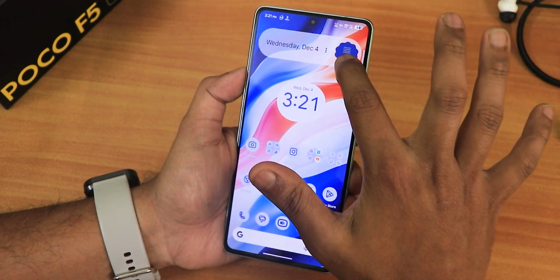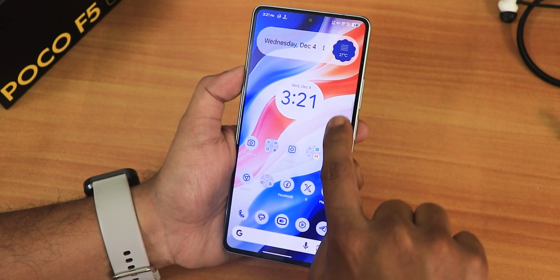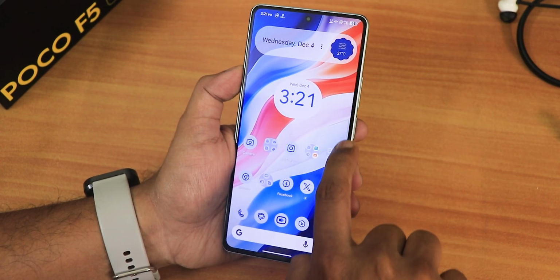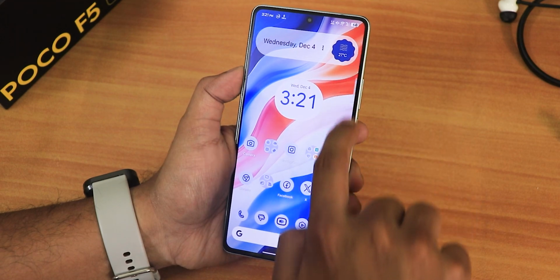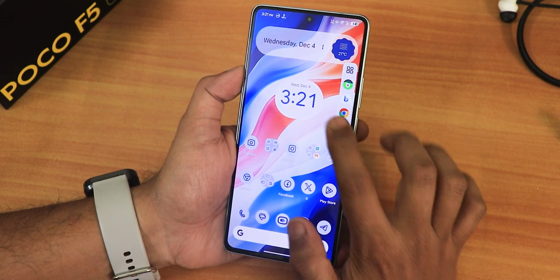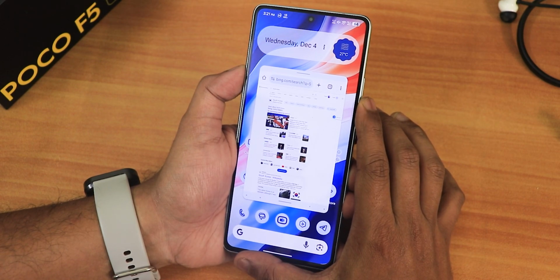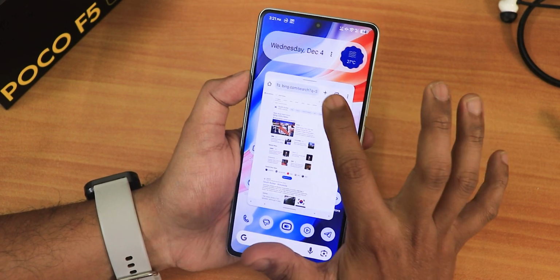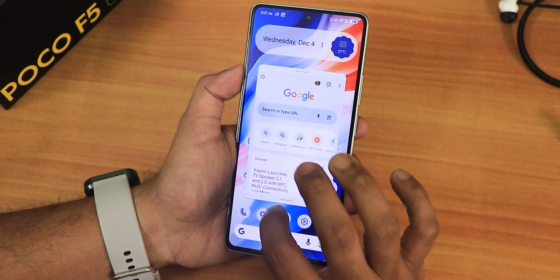But you can also change the position of this sidebar. You can just hold it and put it anywhere you'd like to, just like this. Just notice, yeah, it totally works, and you can just slide it down and you can open even Chrome and stuff with this. So yeah, definitely there is a lot of stuff that you can